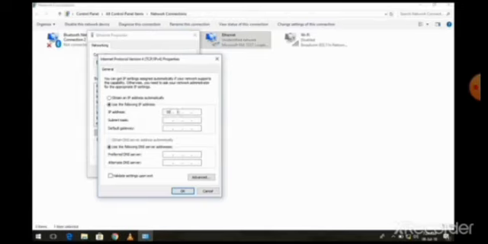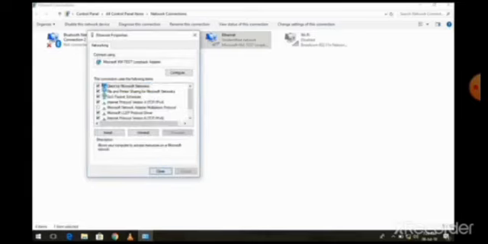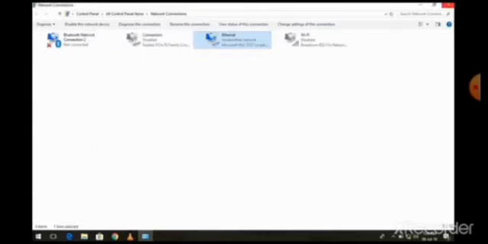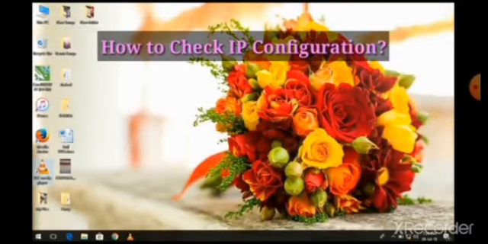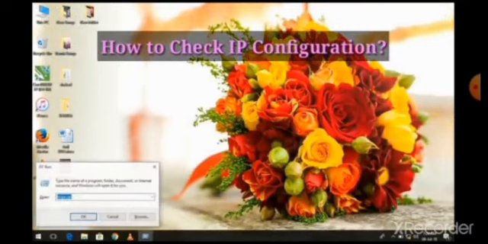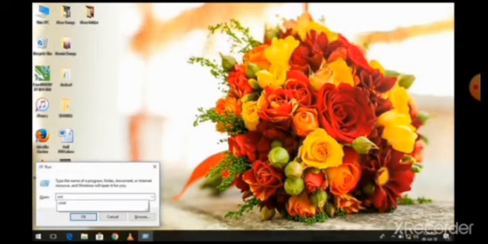On your screen there is an example that gives you an idea of how to set an IP address. After that, the subnet mask is automatically taken by the system. This is the simple procedure to configure the IP address of a system.